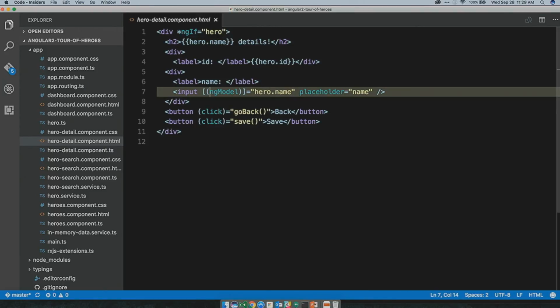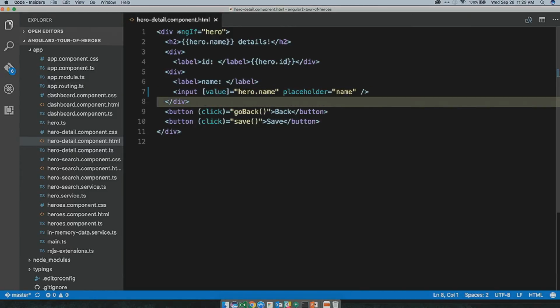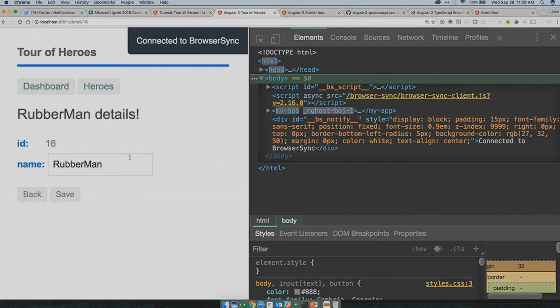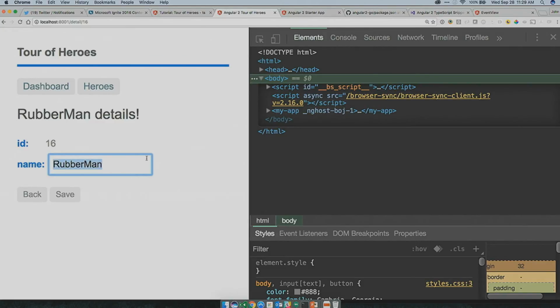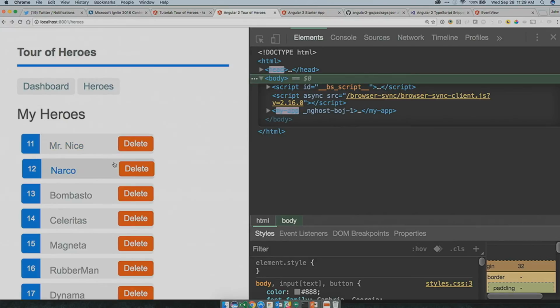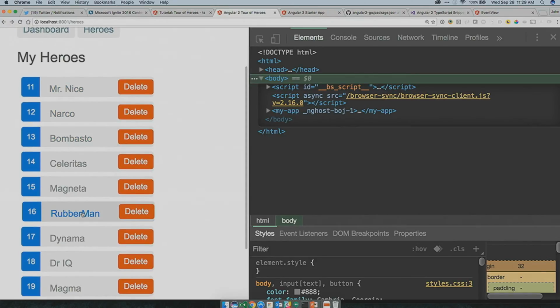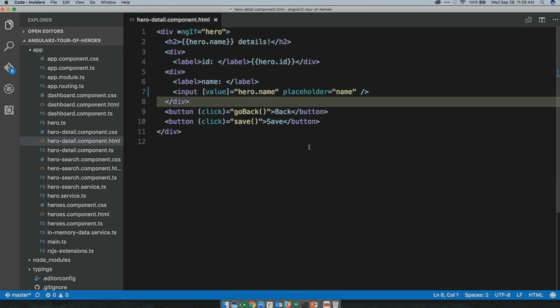What happens if I change this to value? Value is a property, right, in HTML. If I change that to value and it reruns, I'm still seeing Ray or Rubberman or who else it might be, and I can change this one to Obi-Wan. But when I save this, nothing's actually going to happen with it. Notice it's still Rubberman right there. That's because in my code, I just changed it from a two-way binding to a one-way. It's going into the input box, and even though it looks like I can change it, I'm really faking it out, and I'm not sending it back to the component.